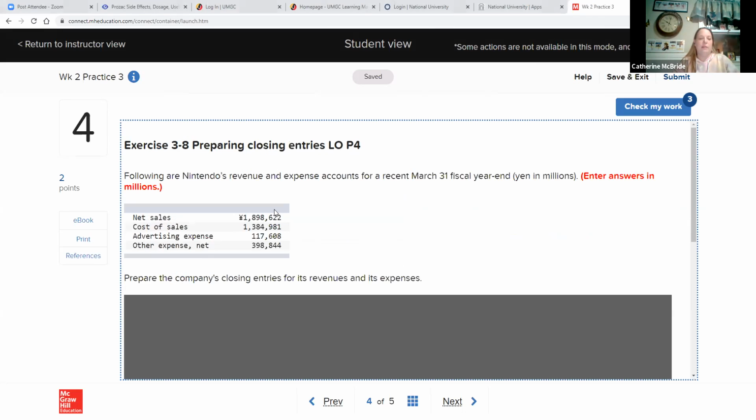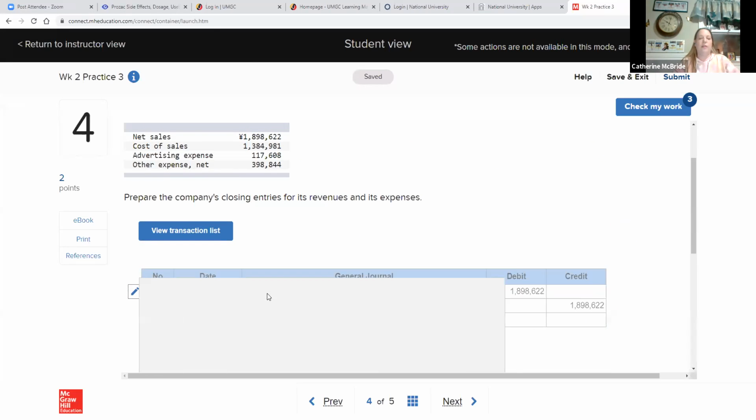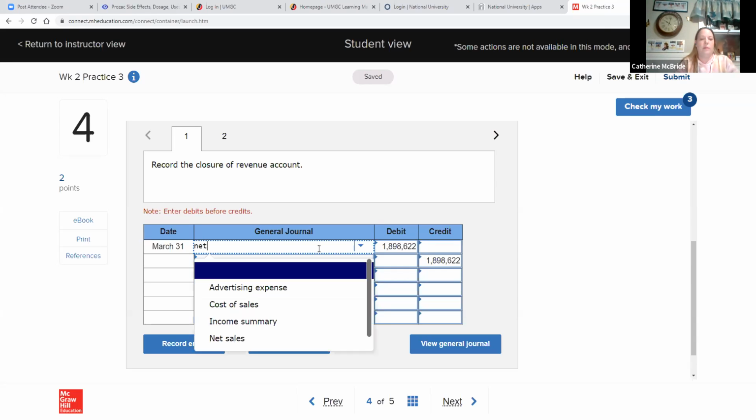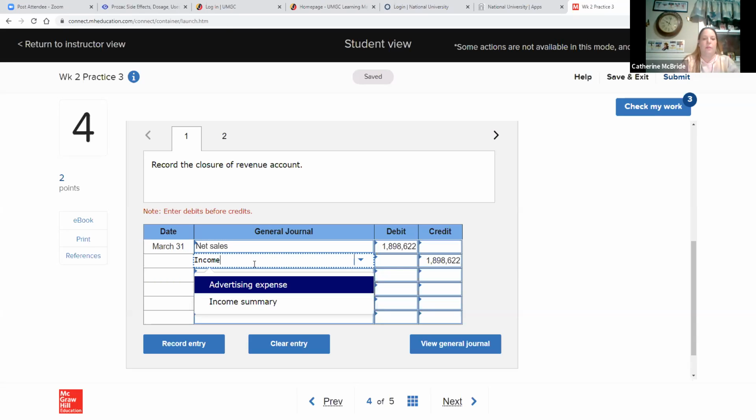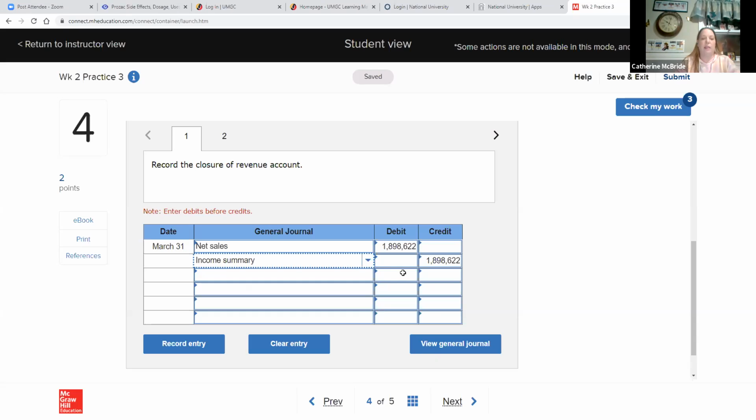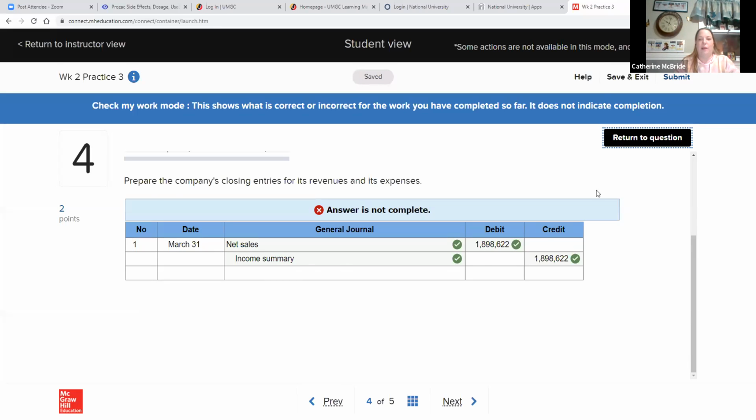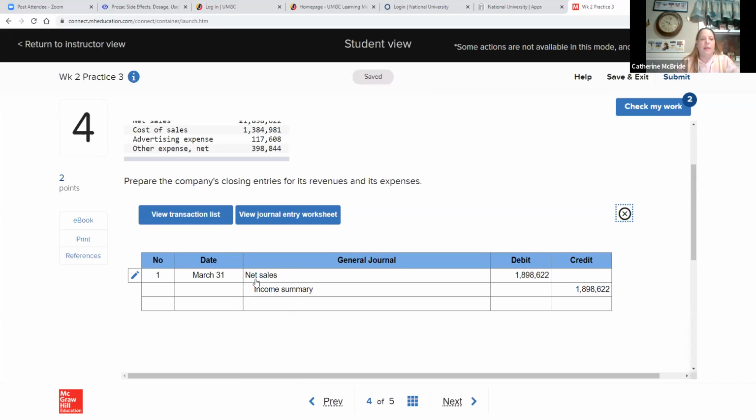So if we went to this, so we have our sales. Revenue is normally a credit. So to make it go away, we're going to have to debit it. We can put this into income summary. Make sure they want me to use the income summary account. Yeah, okay. And then